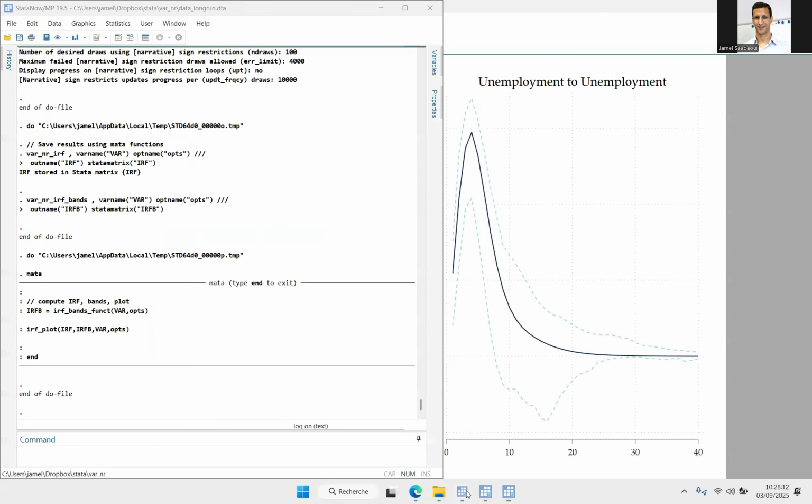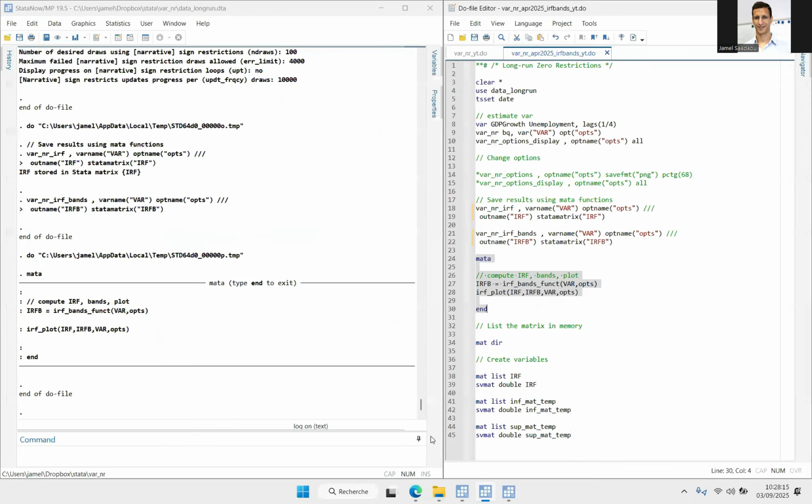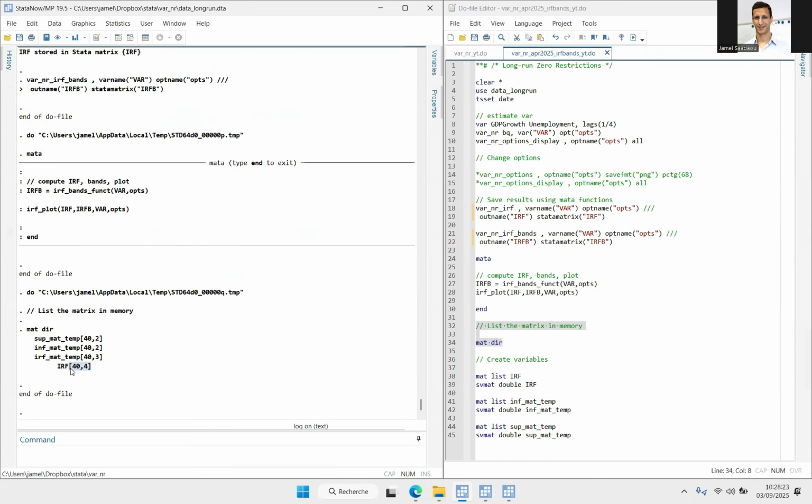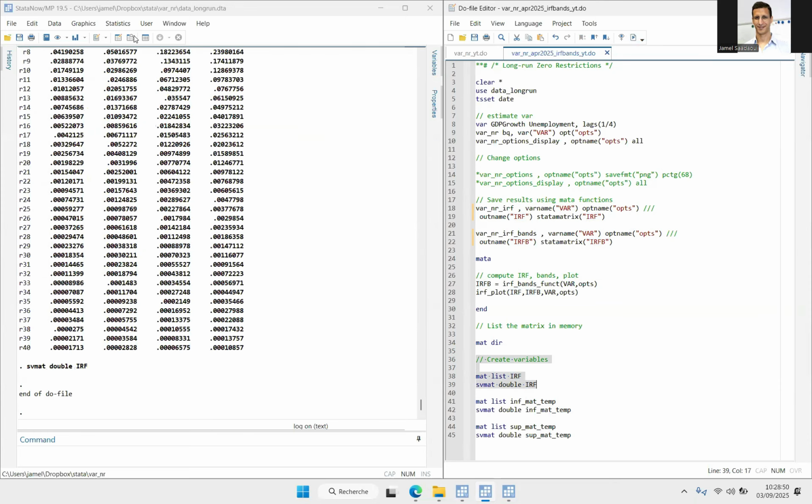So where can I find this number for those graphs? So I open my data. What I can do is to list the matrix in memory. What are the kinds of matrix I have? So I have the impulse response functions, and I will also have the impulse response function as numbers here. Let me check here what we can do. Actually, instead of using IRF, I can use this one. Let us stick to what we have here. So what we have here,